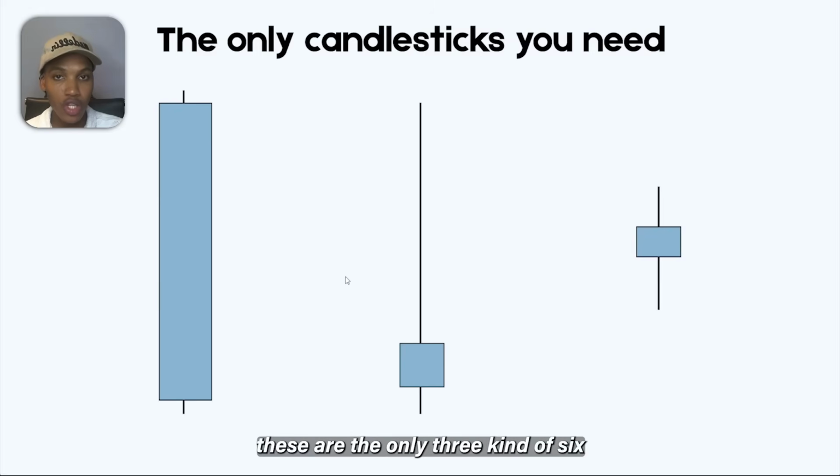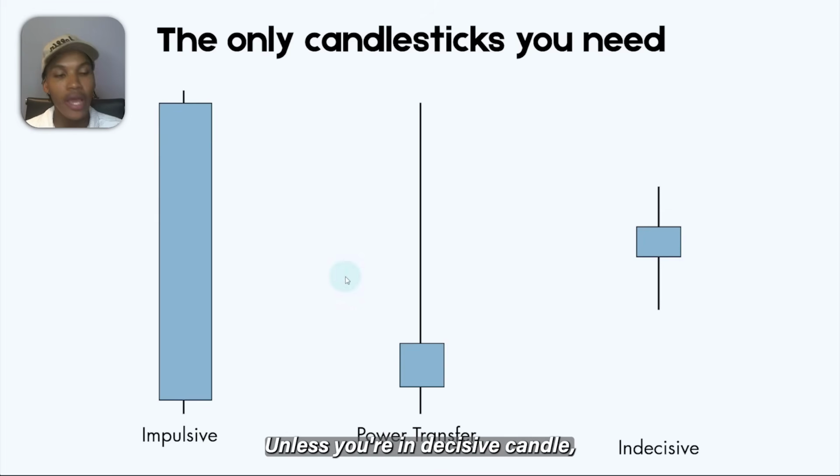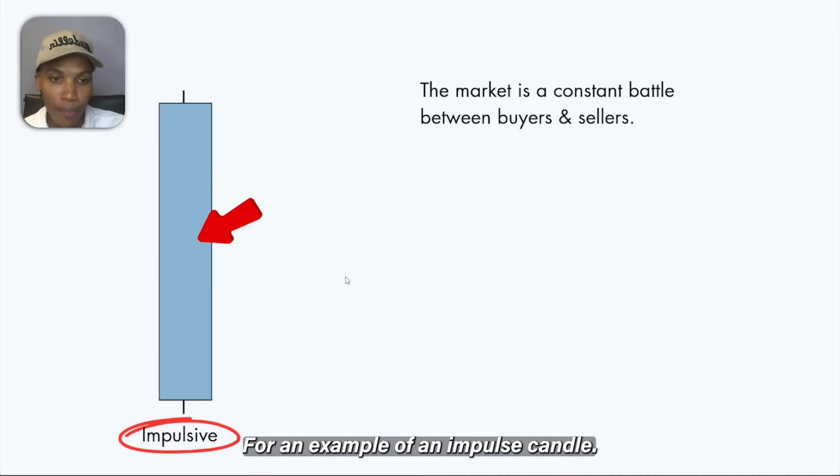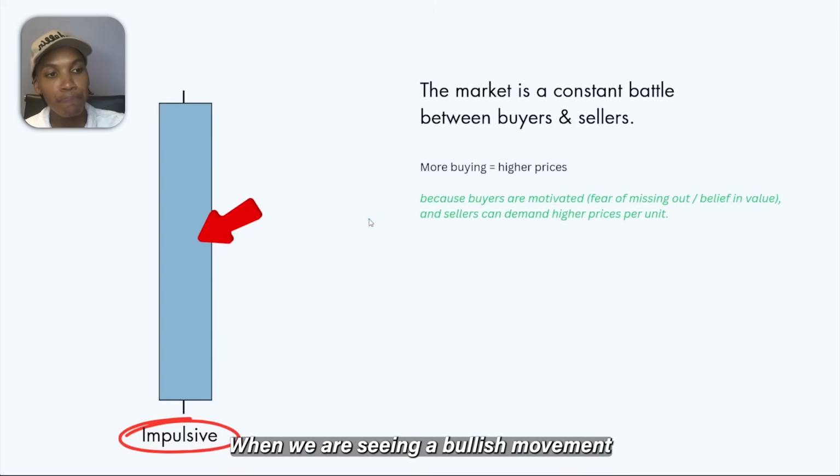And right over here, these are the only 3 candlesticks, simplified to the basic matter, that you guys need to focus on: your impulsive candle, your power transfer candle, and lastly, your indecisive candle. The market is in a constant battle between buyers and sellers. For an example of an impulsive candle, when we are seeing a bullish movement like this, it directly means